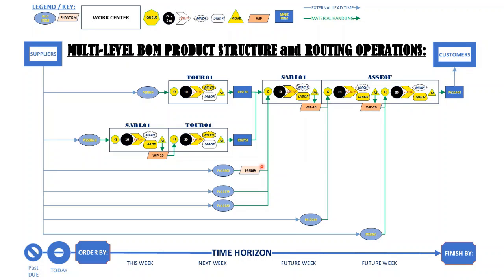Now, I've created a time horizon where here's today, and as we move forward through the timeline, here's this week, and moving forward into the future, next week, and then into future weeks. We will build product where we buy material from suppliers, add value to it to make items that we will